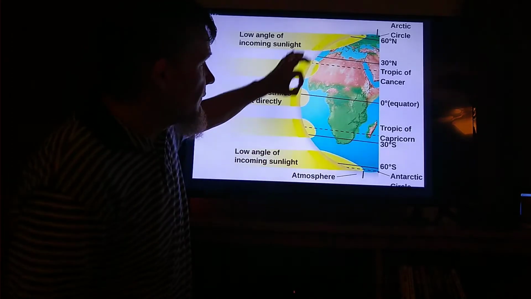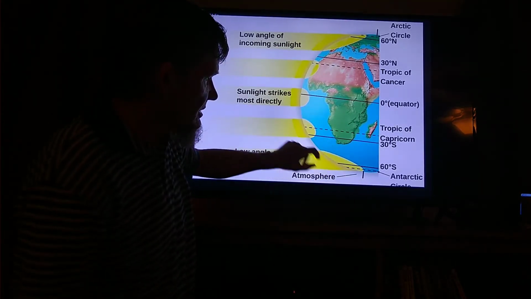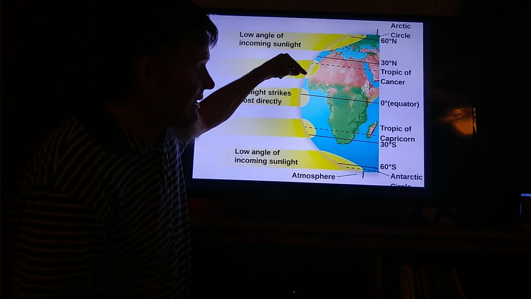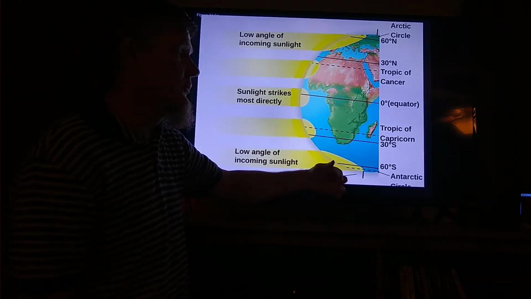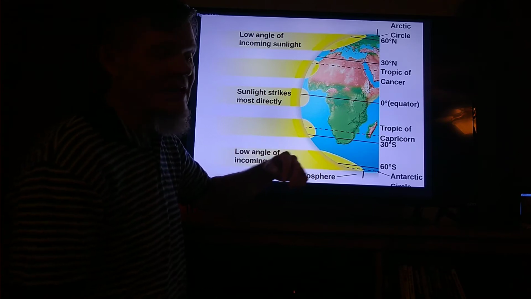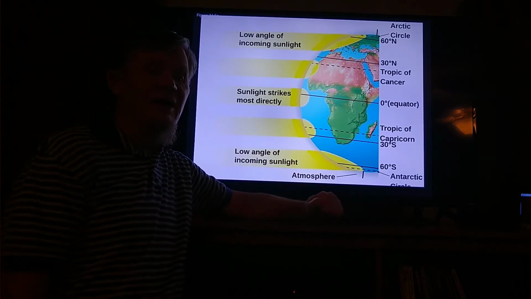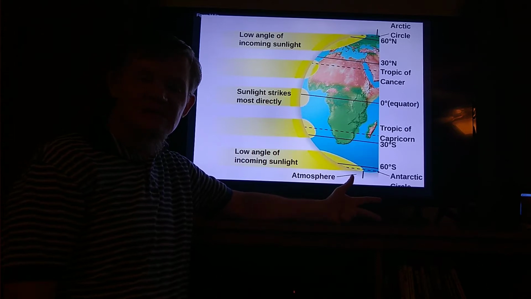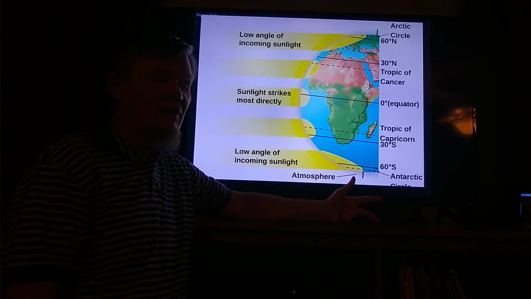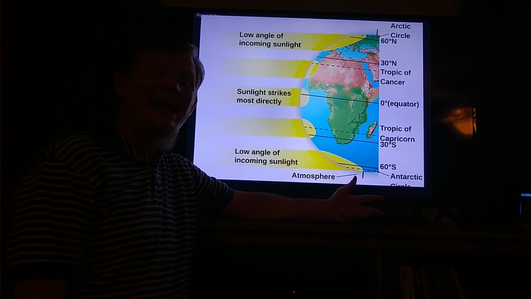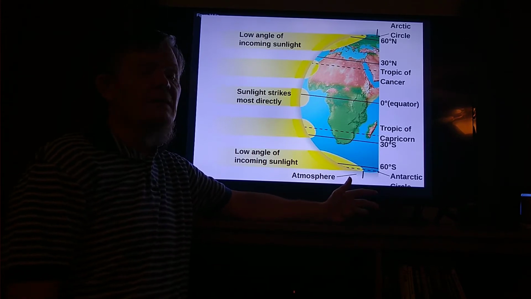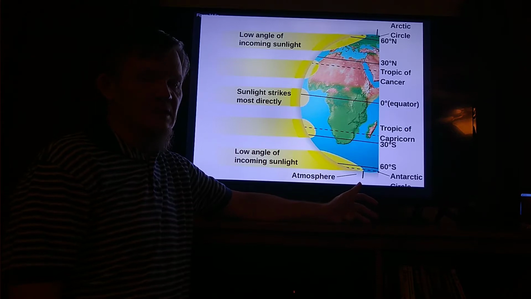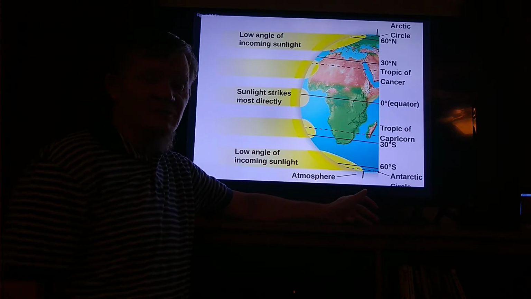As you move farther away from the equator, the amount of light striking any one given area is going to be less, and therefore you're going to have reduced photosynthesis. If you have reduced photosynthesis, you're going to have reduced numbers of plants, reduced species of plants, diversity of plants, and if you have reduced plant diversity, you're going to have reduced animal diversity. The amount of sunlight striking an area determines a lot of things, not the least of which being the kinds of plants we find in an area.